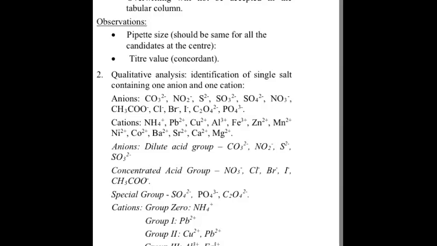Usually the phosphate, sulfide, iodide and bromide are less often given for identification, but the more common ones like the carbonates, nitrates, sulfates, chlorides and acetate ions are given more often. Now there is a set way of carrying out the salt analysis such that so many cations and anions that we know can be easily worked upon and identified.